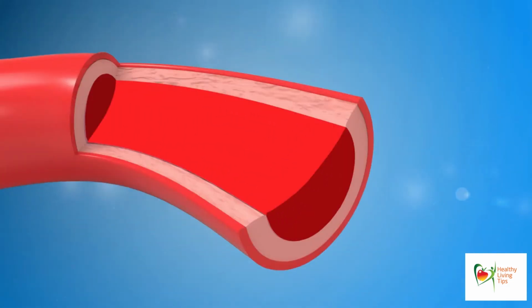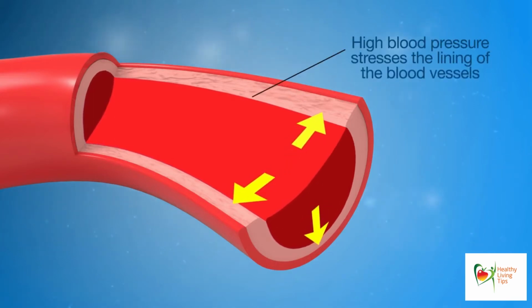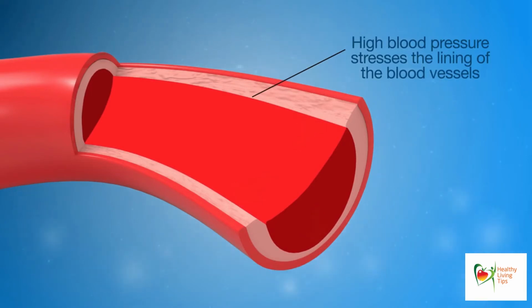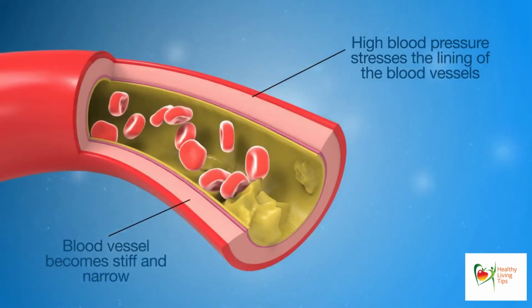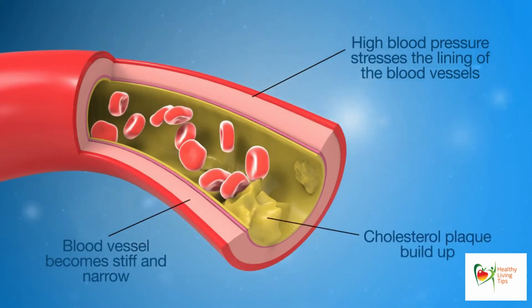High blood pressure or hypertension is another risk factor for blood vessel damage. High blood pressure means that the blood is pumping through our blood vessels with too much force. Over time, this can make the blood vessels stiff, which can result in them narrowing. This extra pressure can make the blood vessels more vulnerable to the buildup of plaque and atherosclerosis.